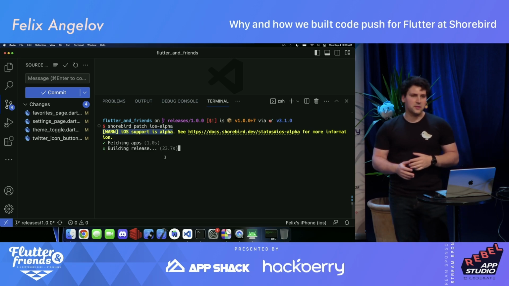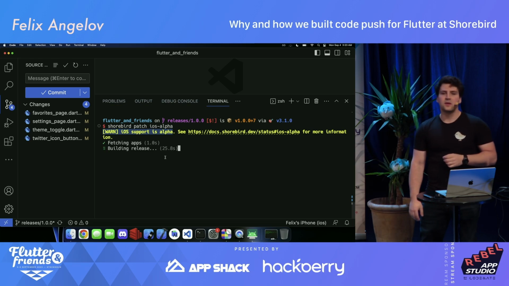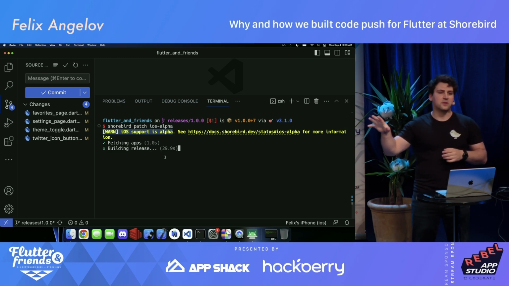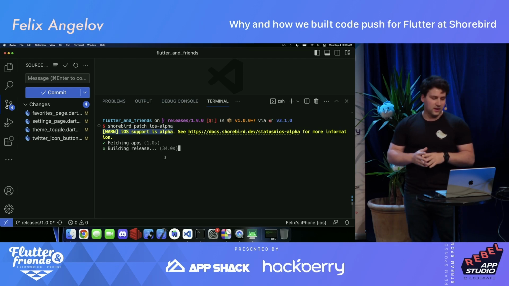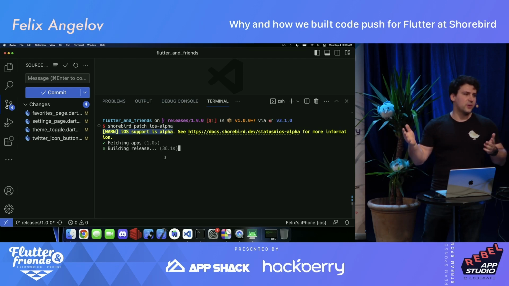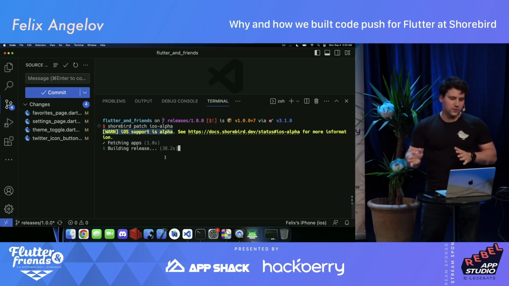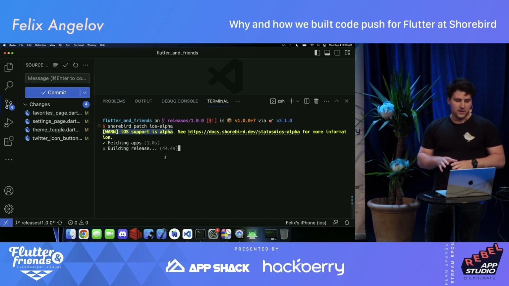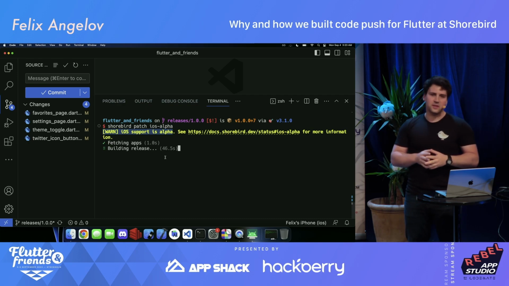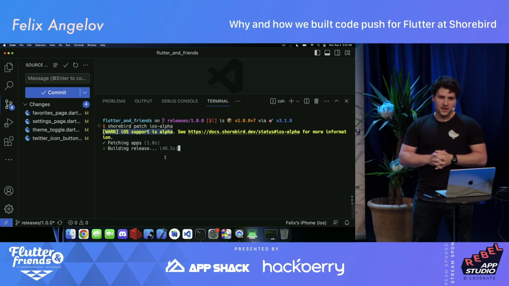It will also do some other things. On Android, we do diffing. So we'll pull down the release that you uploaded, and then we'll make a release of the current patches, and then we'll do the diff so that we only upload what's changed. On iOS, we don't do that yet, so the patches are quite big, but those will also hopefully get smaller. And we do some other checks that I'll talk about. But yeah, this one command will basically create the patch and then upload it to Shorebird servers and make it